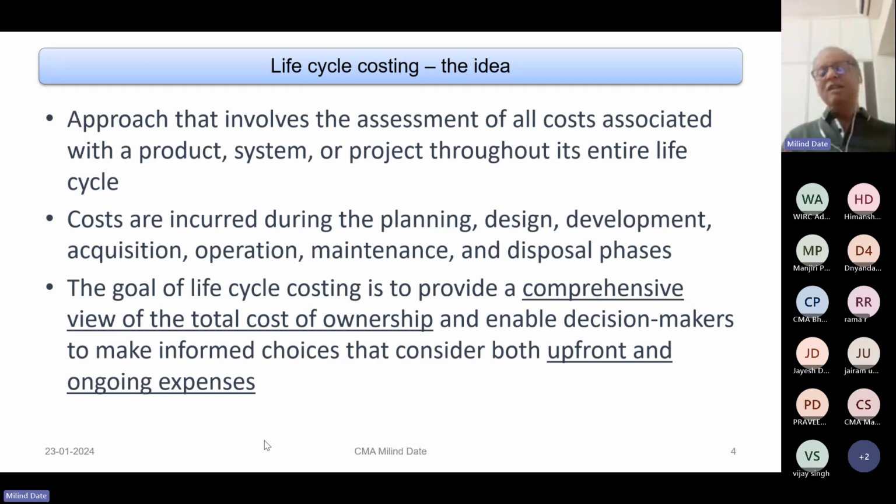And then, therefore, there are certain costs which you can say, okay, this is an amount which is to be incurred upfront. And then you will need to keep spending money on an ongoing basis throughout the life cycle of that product or a process or whatever parameter you are looking at. So, the objective of life cycle costing obviously is to optimize your costs right from the design stage to the decline stage.